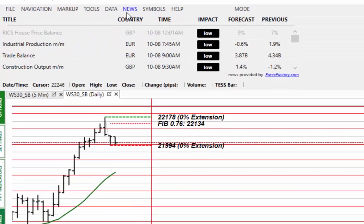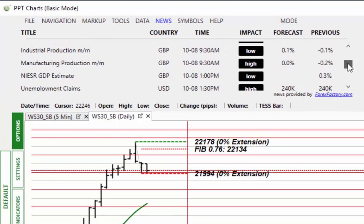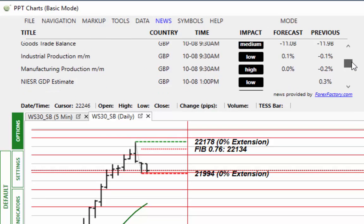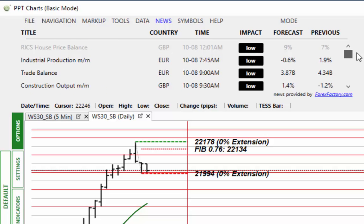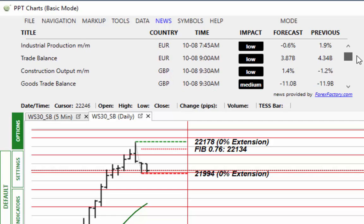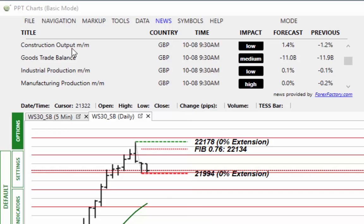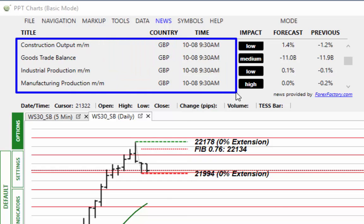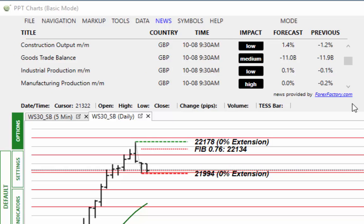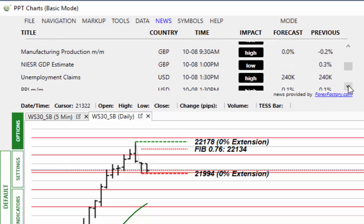In news, what have we got? It's to say it's the first 2 weeks of the summer halls, and it's always difficult because it goes very quiet. Have we got anything out in the UK? We've got quite a bit out today actually. We've had the RICS House Price Index, and then we've got construction output there. We've got trade balance, manufacturing production. All of these are out at 9:30. So a bit of a pickup there, and still more. We've got the manufacturing figures out as well